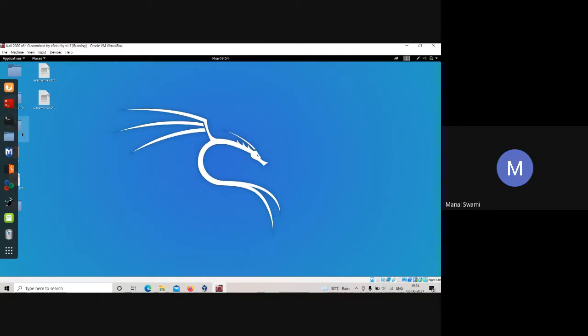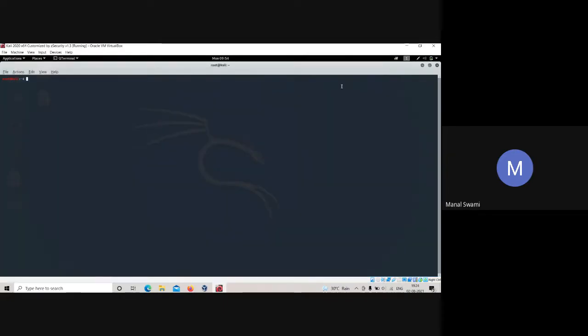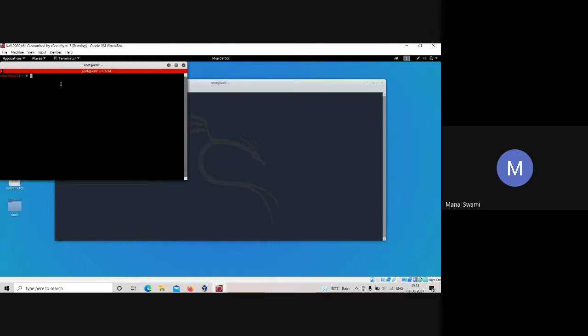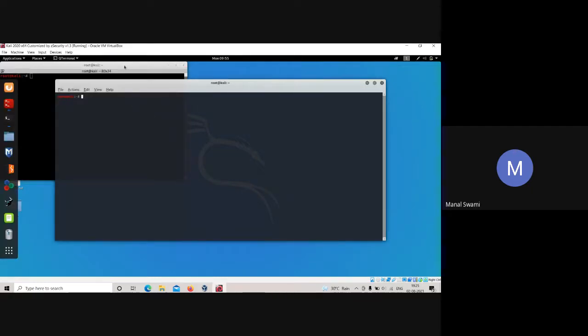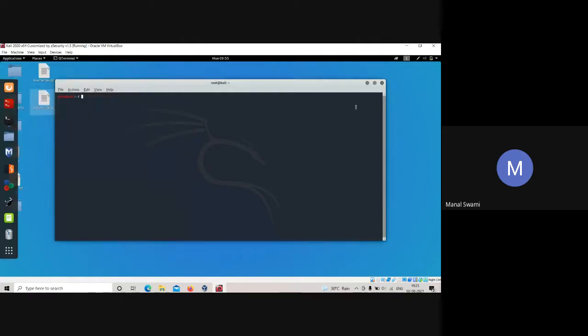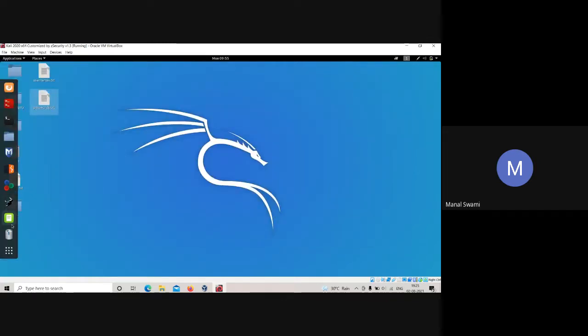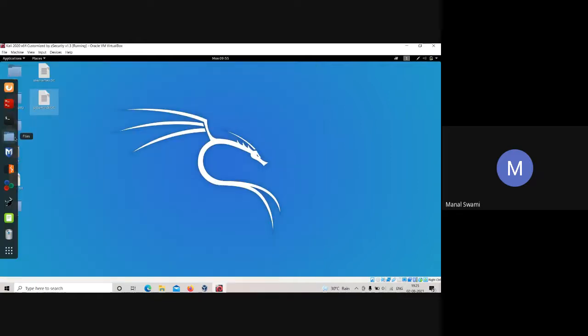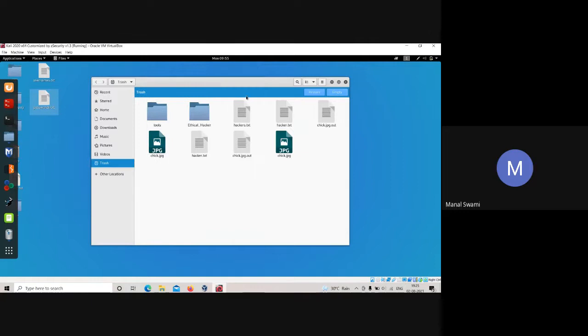Then in this particular version, you have two terminals. One is QTerminal, which is by default with Kali Linux, and then another one we have is Terminator. This terminal is known as Terminator. All right, in the original Kali Linux, you will find only this, not this one. All right, then we have a text editor over here. In Windows, we have Notepad. In the same way, we have LeafPad in Kali Linux. Then all these are hacking tools. Then we have the recycle bin also, which is known as trash. All right, this is trash.